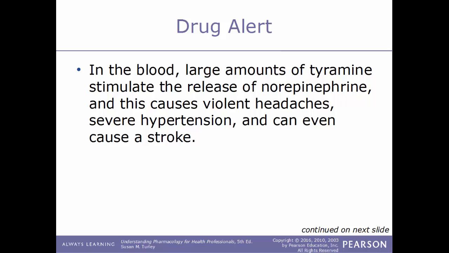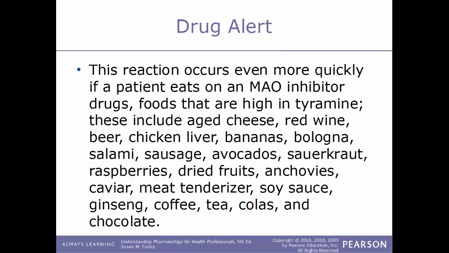So once in the blood, large amounts of tyramine stimulate the release of norepinephrine, and this will cause violent headaches, severe hypertension. It can even cause a stroke. Now, this reaction occurs even more quickly if a patient who is taking MAO inhibitors eats foods that are already